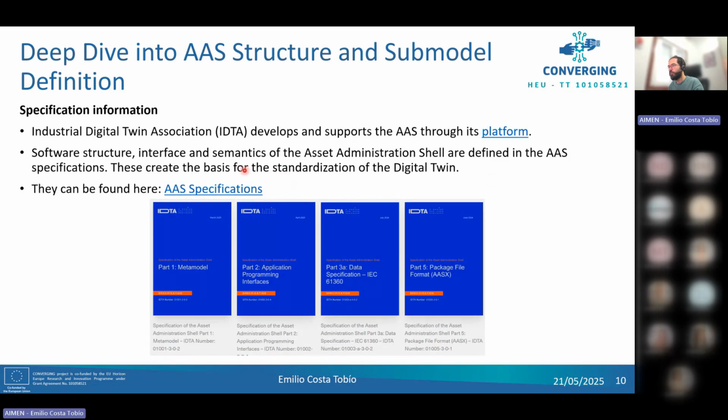These 4 different documents, each one details a different part. The first one is a document that explains the meta model, so how to process and structure the information of the AAS. And other things like identification that we use or some things like that. This first document that deals with the structure is the one that we are going to talk about the most